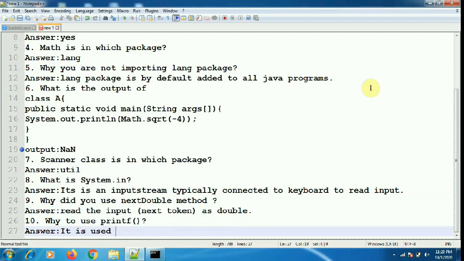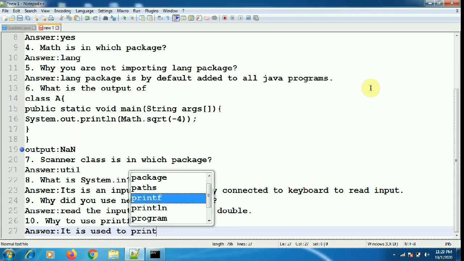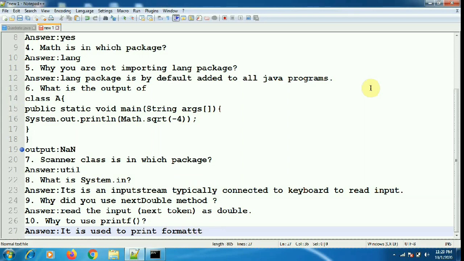You should know the answer. We are using it to format using various format specifiers. It is used to print a formatted string using various format specifiers.